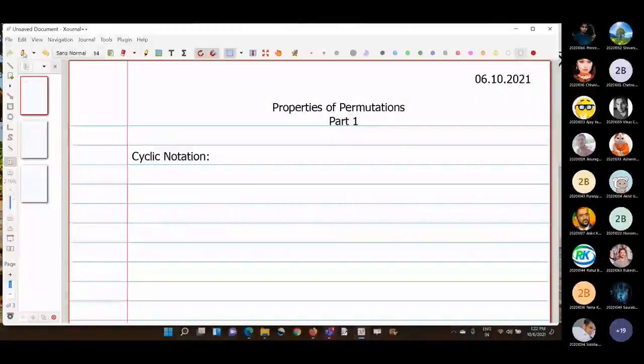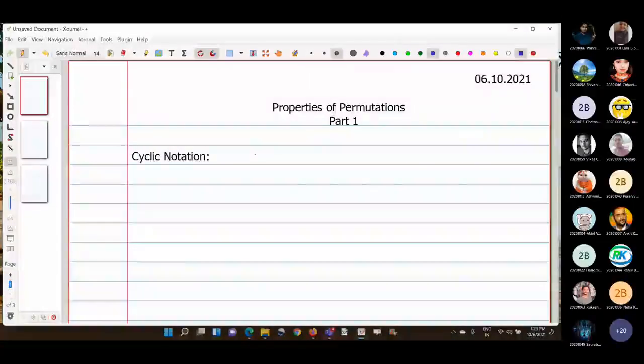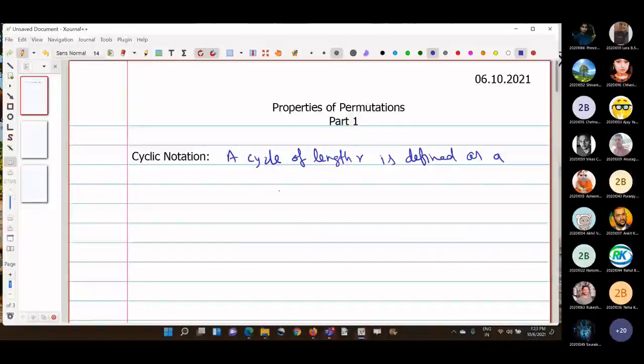Okay, so let us proceed further. So what is cyclic notation? Let us write some official definition here. A cycle of length r is defined as a permutation